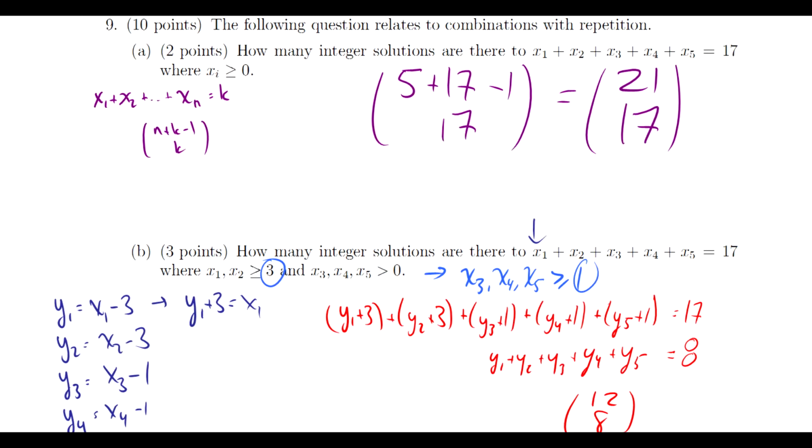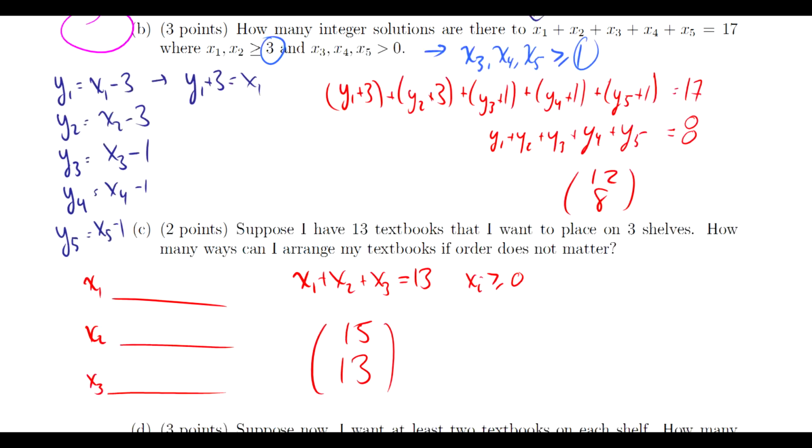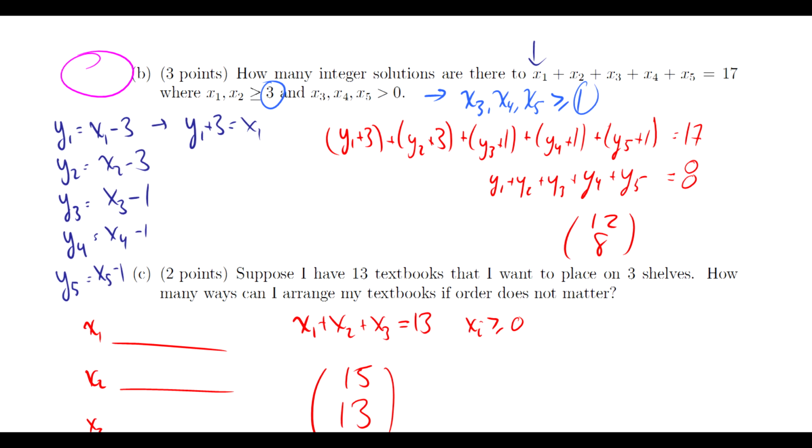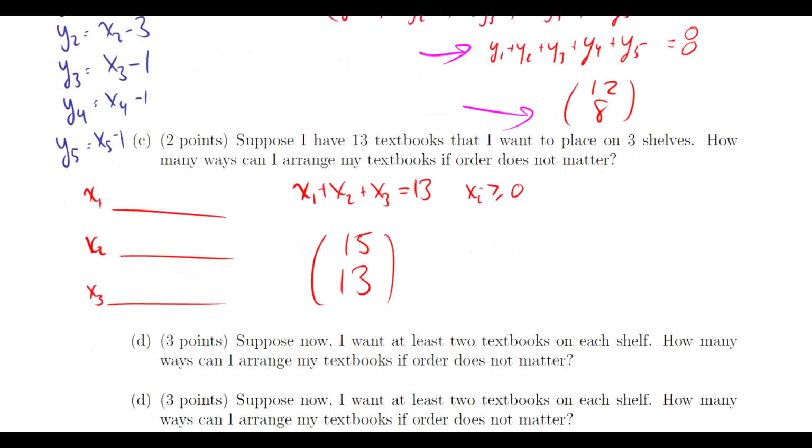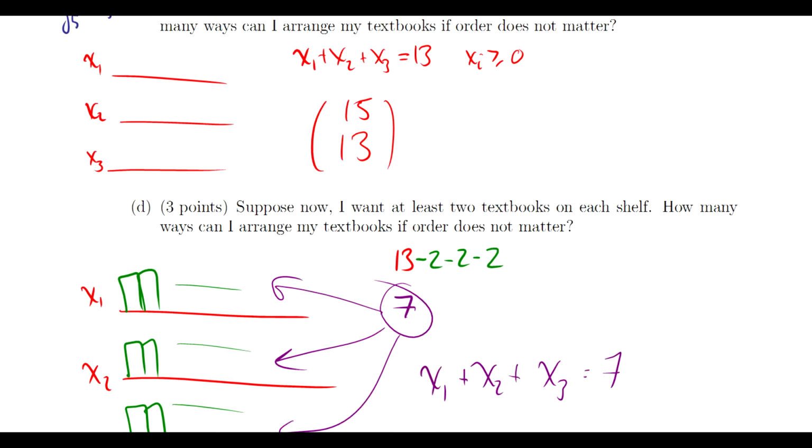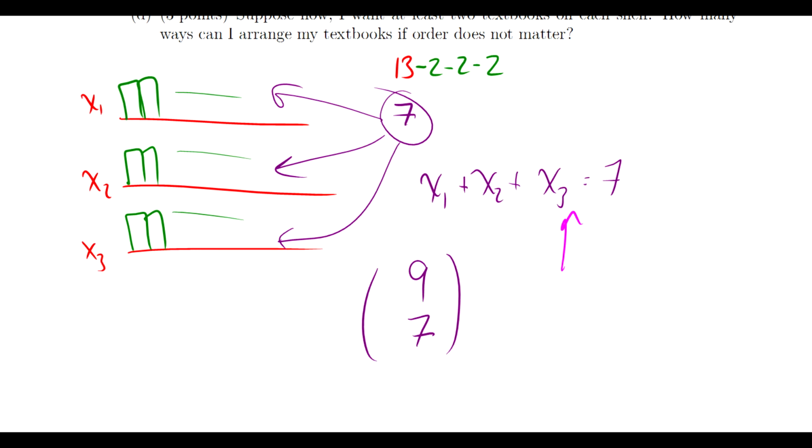Combination with repetition. This first one should be a given. This second one might be challenging. There would be 2 points for doing the substitution in some way. So as long as you showed this would be 2 points, and the answer would be 1 point. And for the shelves, 15 choose 13 would be 3. And this substitution right here would be worth 2 points, and this 9 choose 7 would be worth 1 point. So that's the breakdown,